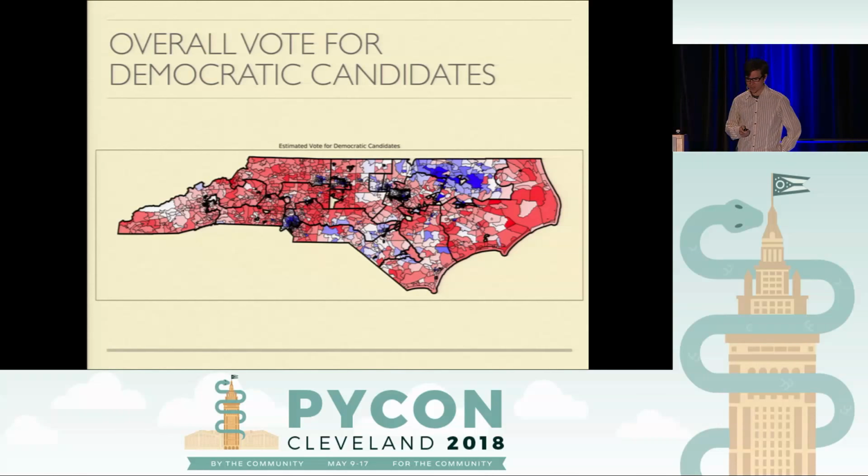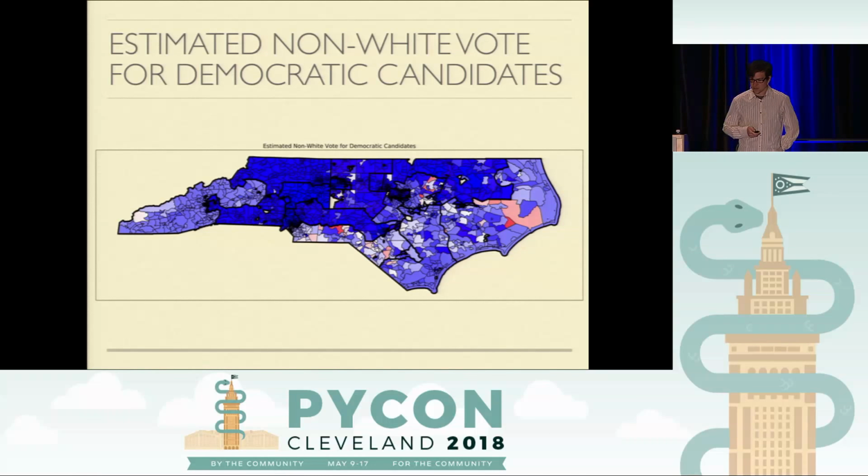Great, and I want to finish up by going back to a summary of the analysis that was done. This was, again, the election results, which you could see on CNN the night that the election happened. This is the election results if only non-white people had voted. You can see it's just overwhelmingly Democrat. If you look closely at some of the congressional districts, you can see the artifacts of the hierarchical modeling. Especially out in West North Carolina, you can see that it's a little bit lighter, and that's because we assumed all the precincts were being drawn from the same distribution.